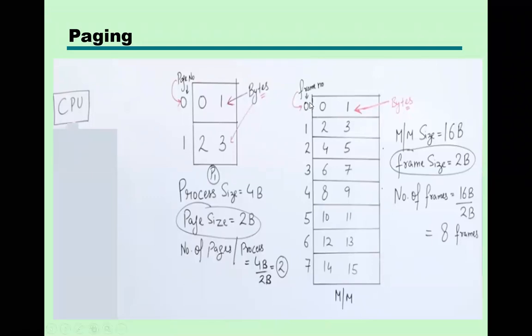Here you have to remember that your page or memory numbering must always start from 0. So 0 to 7, obviously 8 frames are there. So 16 byte divided by 2 is equal to 8 frames. In 8 frames, this memory is divided, and each page has 2 bytes of memory, so 2 into 8 is 16 byte.